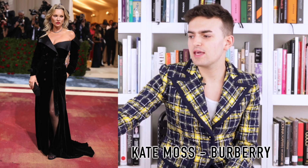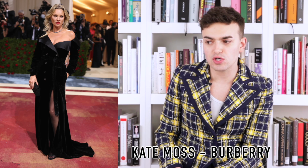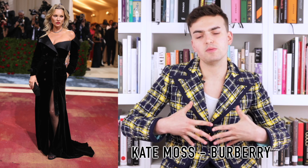Next up, we have Kate Moss, and she's wearing Burberry. This is a custom look. It's essentially an off-the-shoulder black velvet gown that is meant to look like a double-breasted coat of some sort, and the silky lapels are sort of the neckline. They accentuate the bust. In the same way that I said about Amy Schumer, I'm not seeing it except for the whip stitch. I'm not seeing it here either. It just feels like a kind of blah, boring, lazy way of